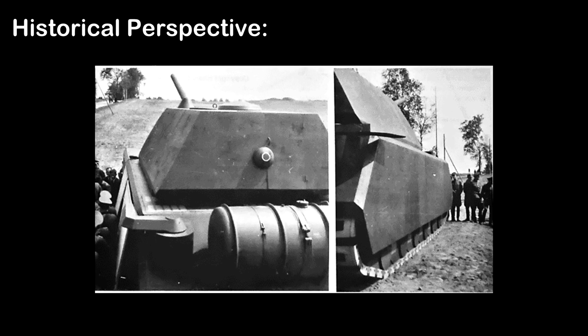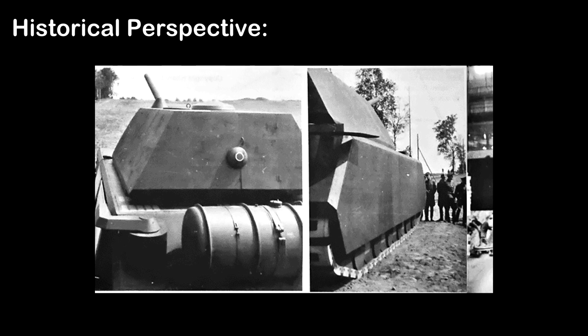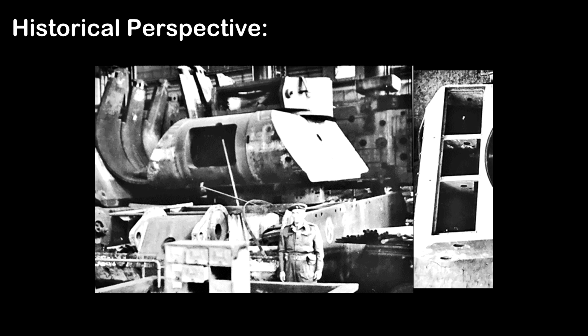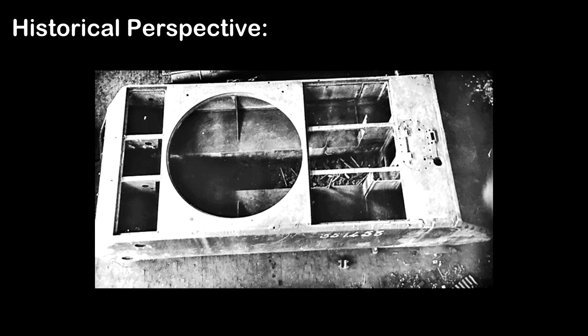A full-scale wooden model of the design was presented to Hitler in May of 1943. As you can see from the pictures, the turret still had an extended commander's cupola and a flamethrower system on the upper rear portion of the hull, neither of which ended up on the final design. Also of note is the external jettisonable 400-gallon fuel tank. Mass production began in July of 1943 with plans to produce 10 tanks per month. Bombing raids on factories in August of 1943 delayed production significantly and ultimately killed off the Maus project after only